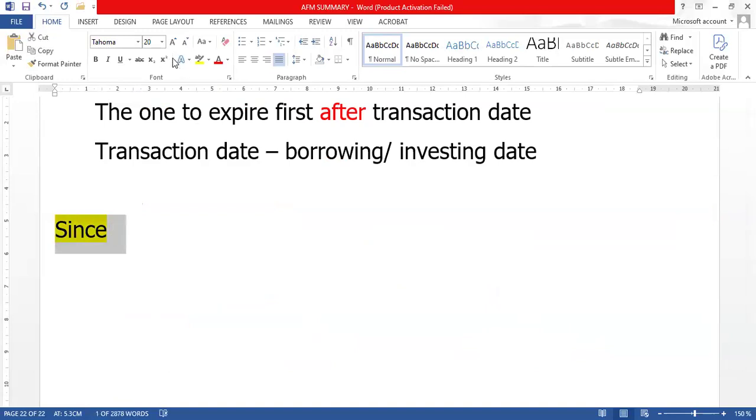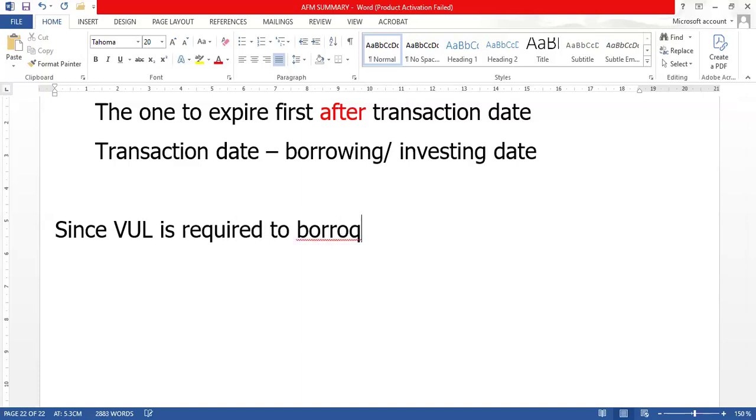You may just write in your own understanding. But let me just say, since VUL is required to borrow on 1st August 2024,